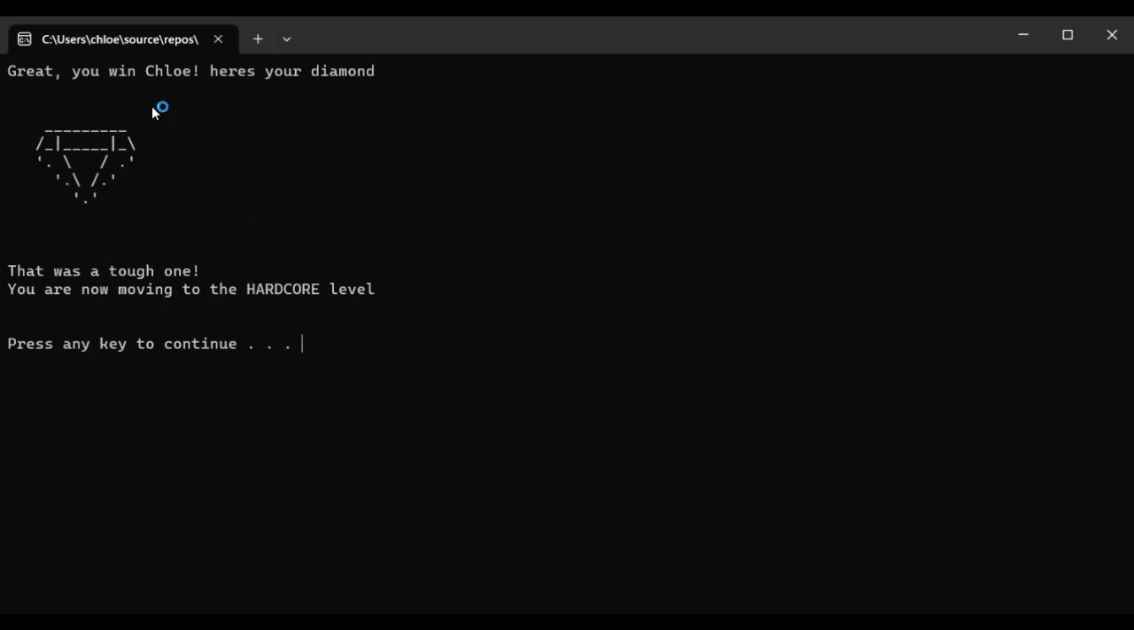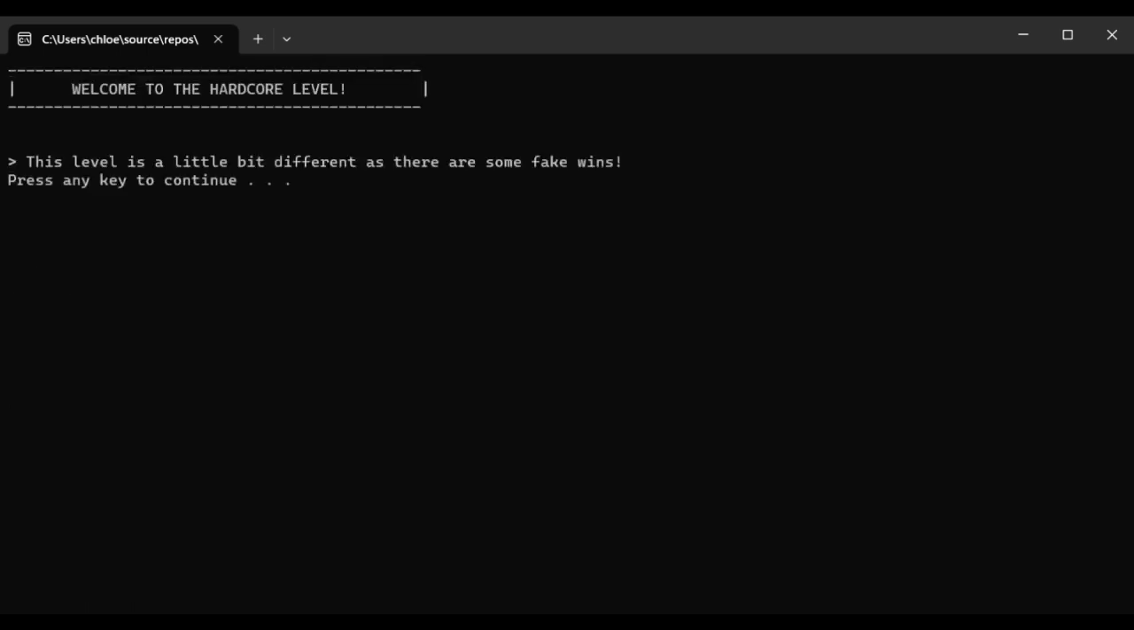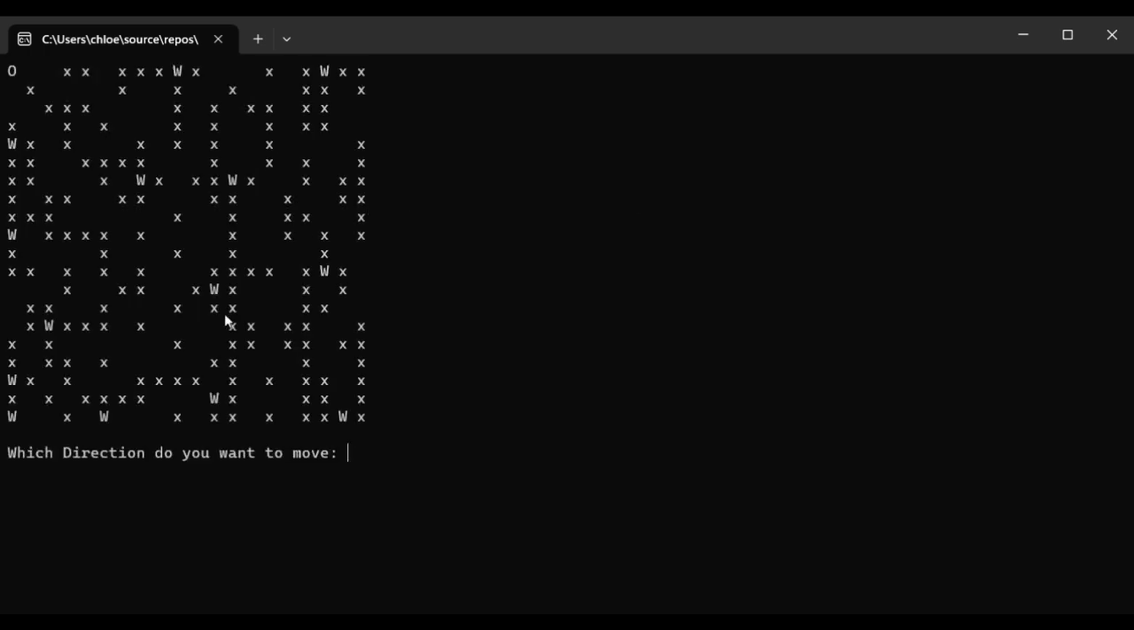So yeah, you can see that when you win level 5, it now says, oh, that was a tough one, moving to the hard level. So this one's a little bit different, you'll see in a minute. So it tells the player that this level is different because there's some false wins. So you'll see that in a second. Just press any key, continue, and then it loads a bigger map, and you can see there that there's quite